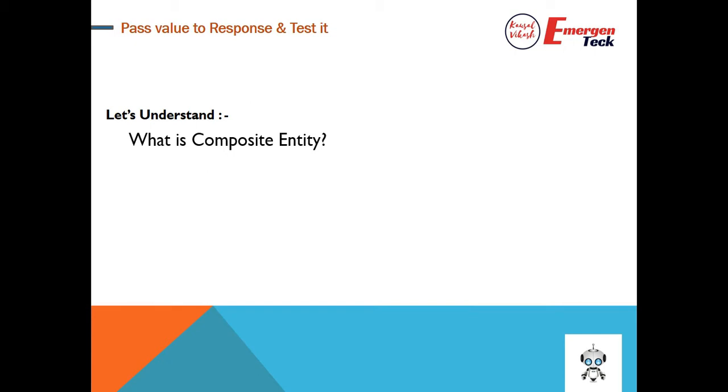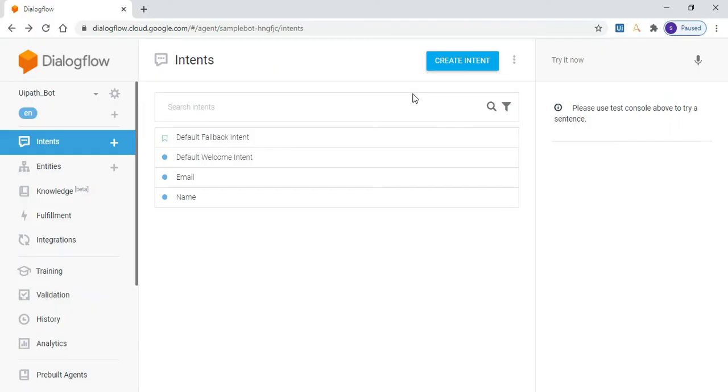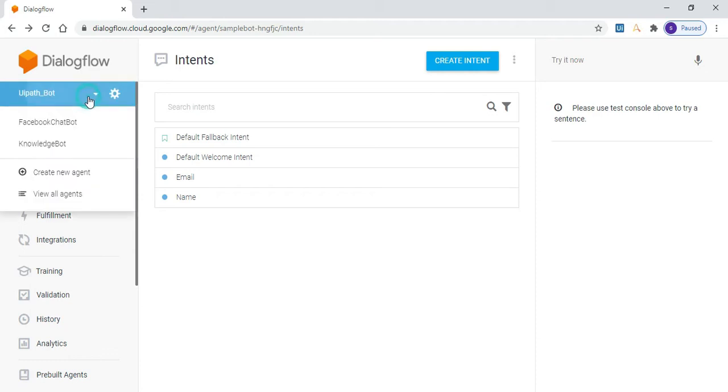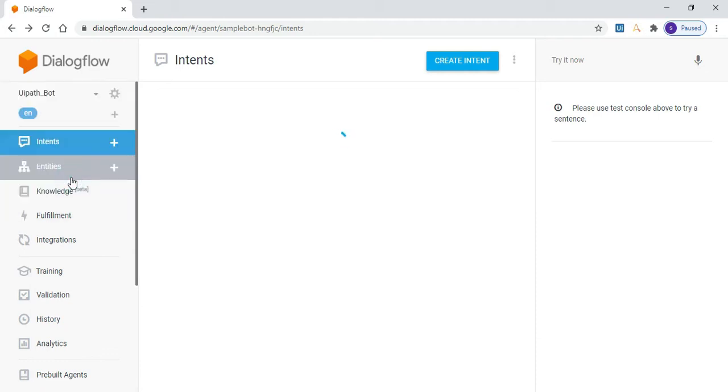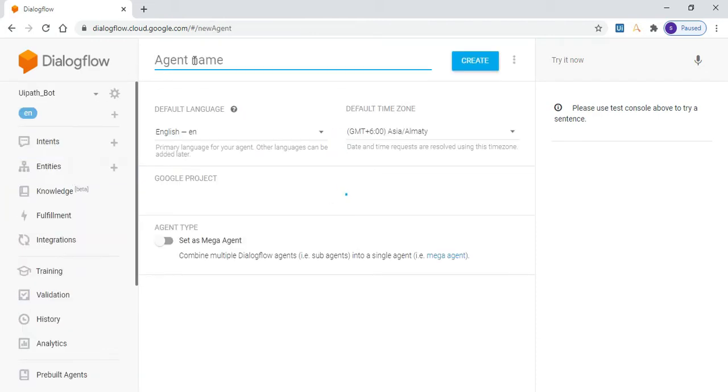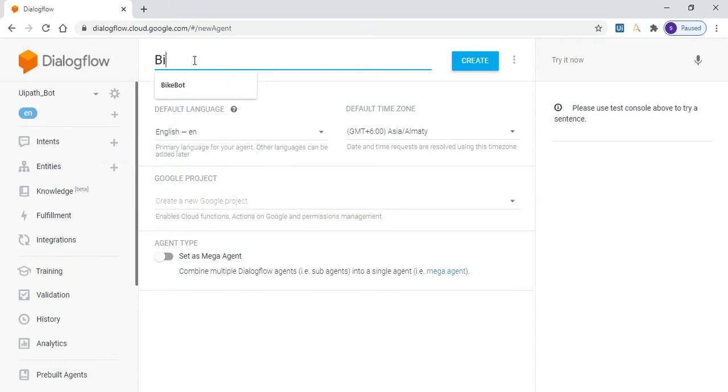Let us now create a composite entity. Go to your Dialogflow and create a new agent. So I am creating a new agent saying Bikebot and click on create.